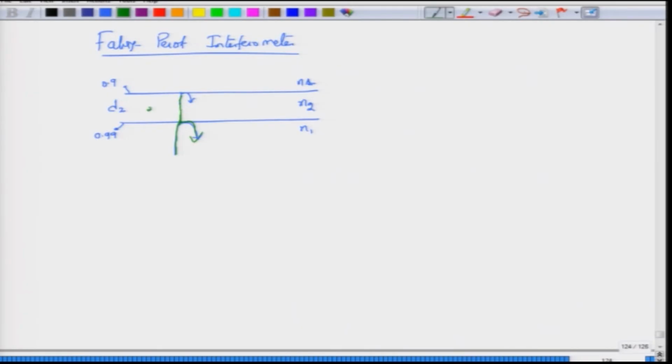travels, picks up a phase which is say e^(-j k2 d2), where k2 is given by omega n2 by c, and d2 is of course the distance. So, it picks up a certain phase and then it gets reflected at this point. Okay. Then again some portion of the light will travel out. The reflected part will come here and again it will be reflected back, because this is also a reflecting mirror, it acts as a mirror to both sides of incidence, but some portion of the light will actually come back, right. So, this fellow goes back here, some portion comes back and some portion is transmitted, some portion comes back,